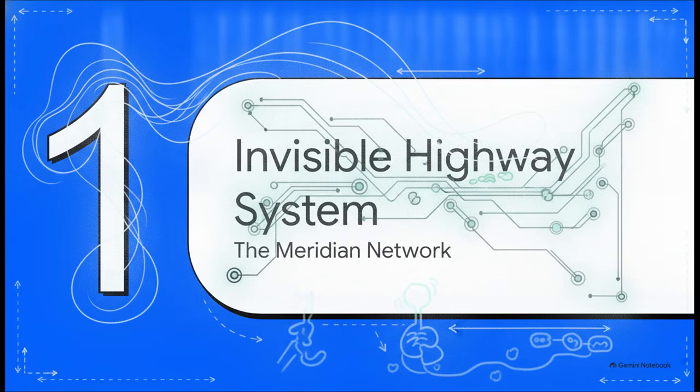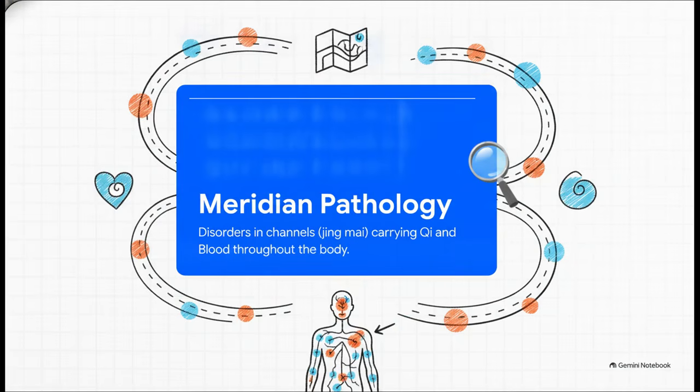Section 1, the invisible highway system. To really get a grip on meridian pathology, we first have to completely shift how we view human anatomy. We have to start looking at the body as this deeply interconnected map, rather than just a bunch of isolated parts. Formally, meridian pathology is defined as disorders involving the channels, which are known as Jing-Luo, that carry qi and